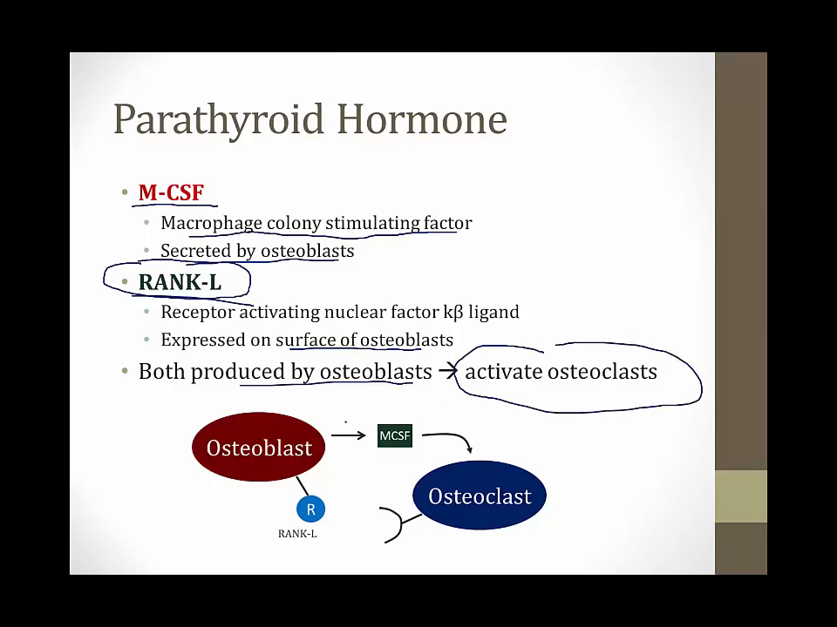And I've shown this at the bottom of the screen. The osteoblast makes MCSF. It also expresses RANKL on its surface. The MCSF can stimulate the osteoclast, the RANKL can bind to the osteoclast, and in this